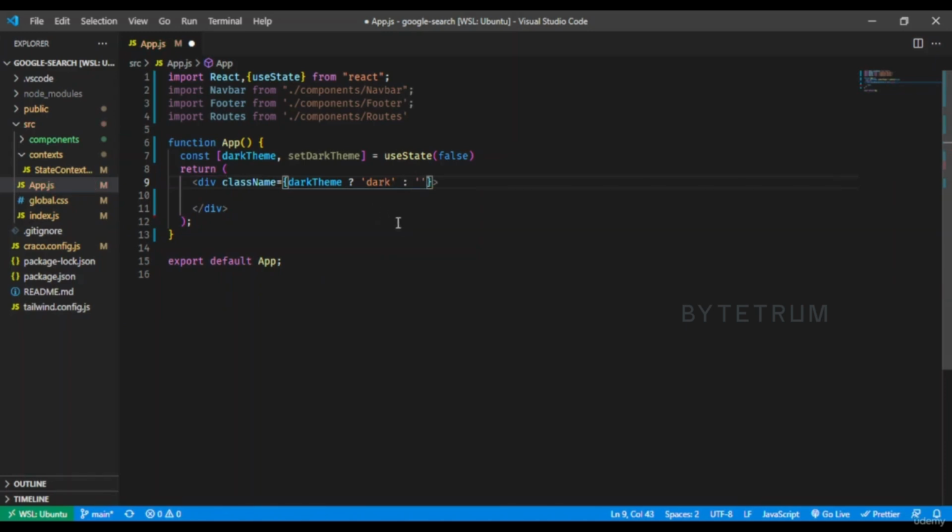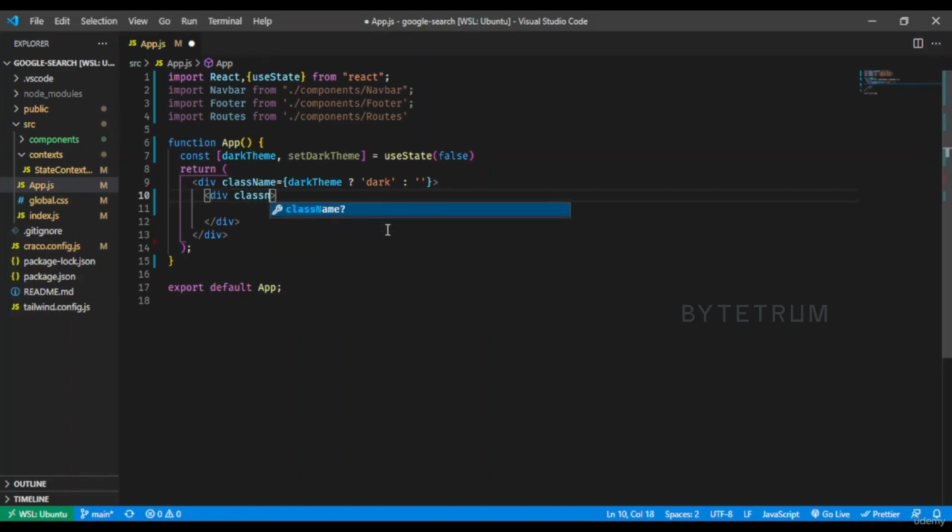And after that we will have another div. So here we will be having a div, and this will also have a class name. So here we'll give the class name, and this will have a class name of dark bg